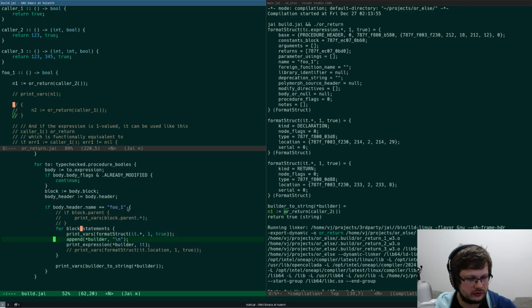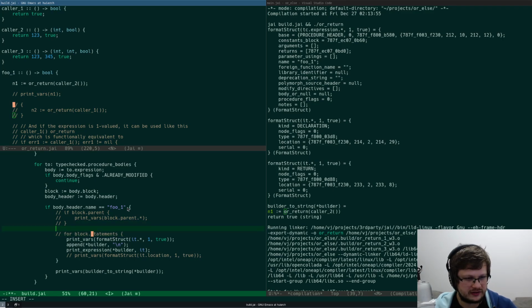Where are two sub-expressions? Expression for TO, not block statements. Let me do this. For TO sub-expressions.